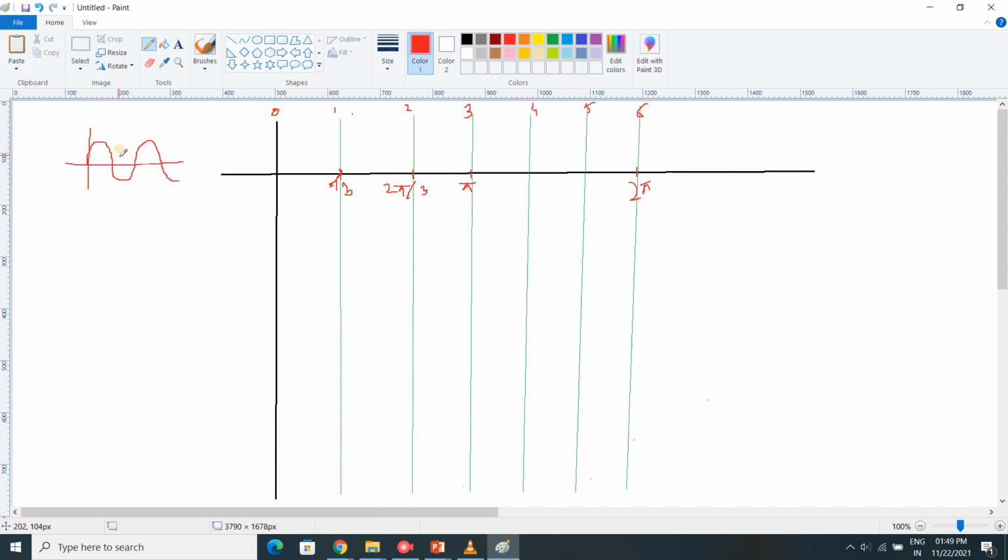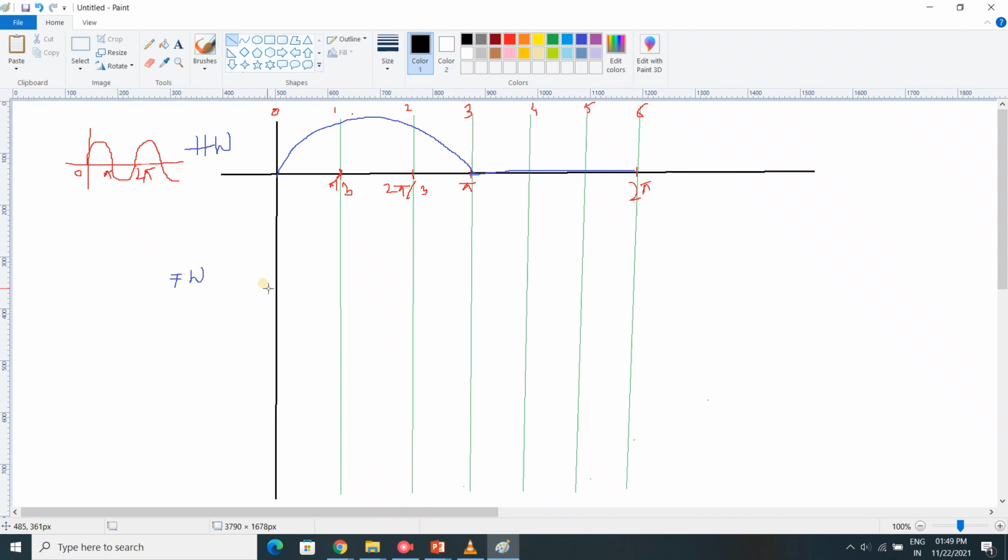And so on. So if this is the AC supply, one complete cycle, this is 0 to 2 pi. The rectification will be like this, from 0 to pi, only one cycle, and the rest is a straight line. Why? Because it is a half wave rectifier. Half wave, only one diode. That is a half wave.